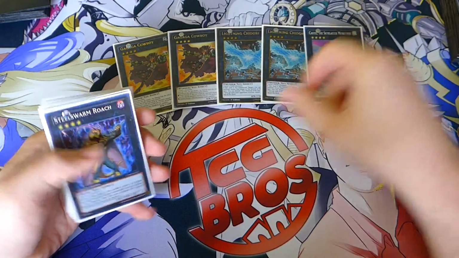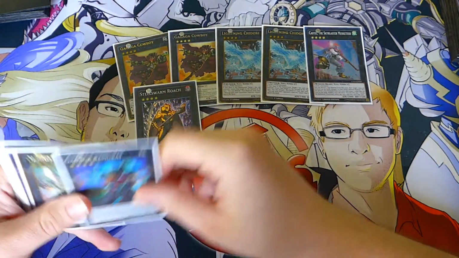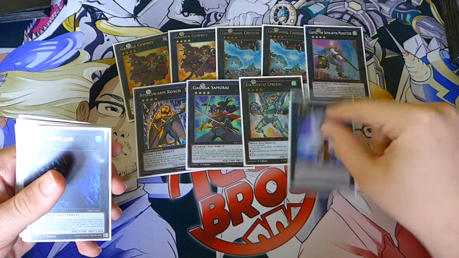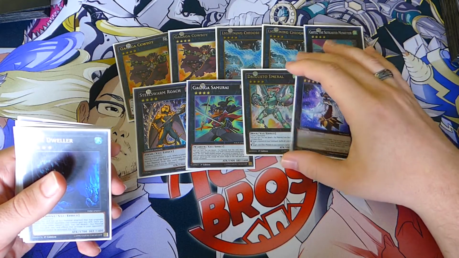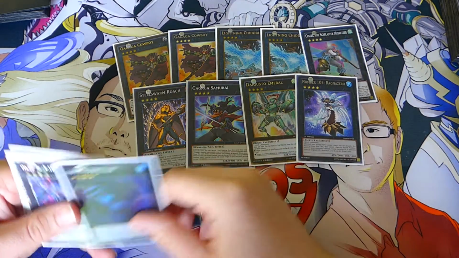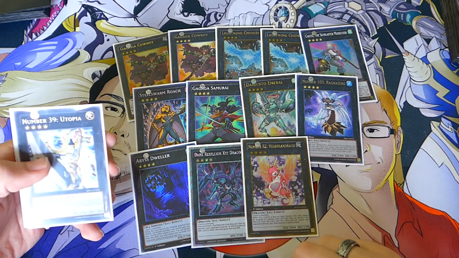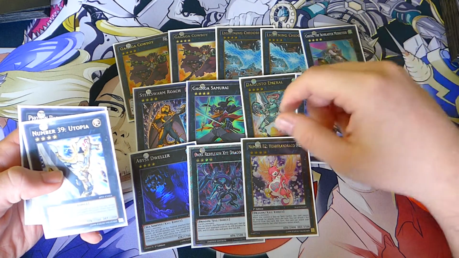And one-offs, we got Castel, Steelswarm Roach, Gagaga Samurai, that's for the OTK, Emeral, if you can ever get into Emeral, it's rare, but Ragnazero against BA, Abyss Dweller against BA, Dark Rebellion for the OTK, this for going for game, even though you don't play any,